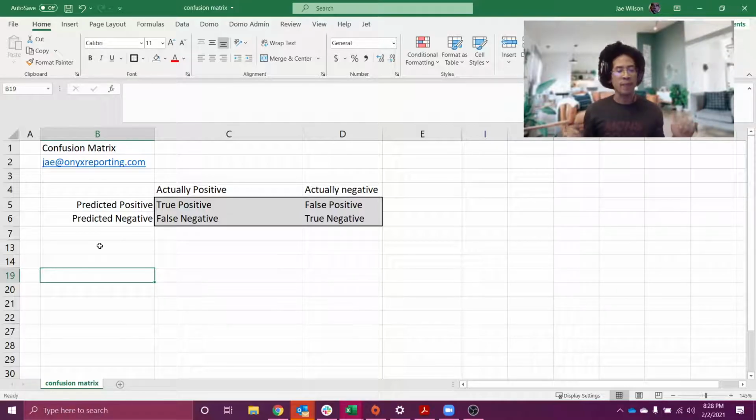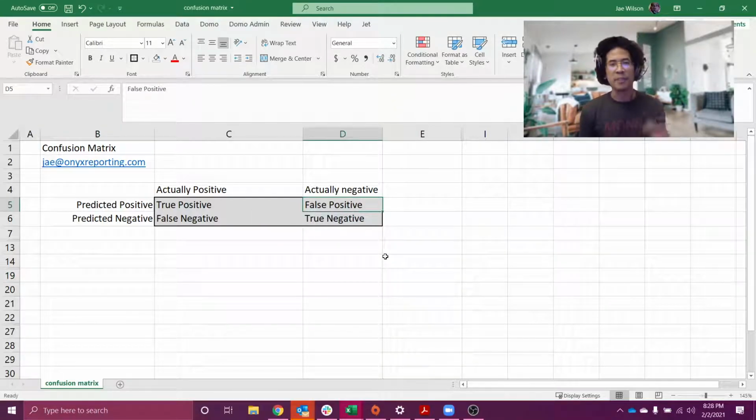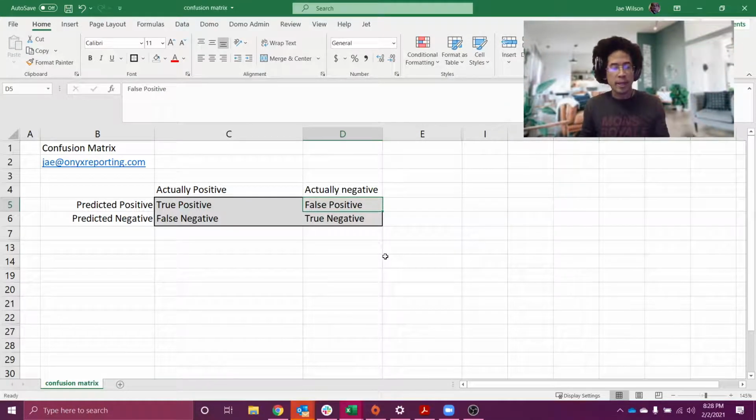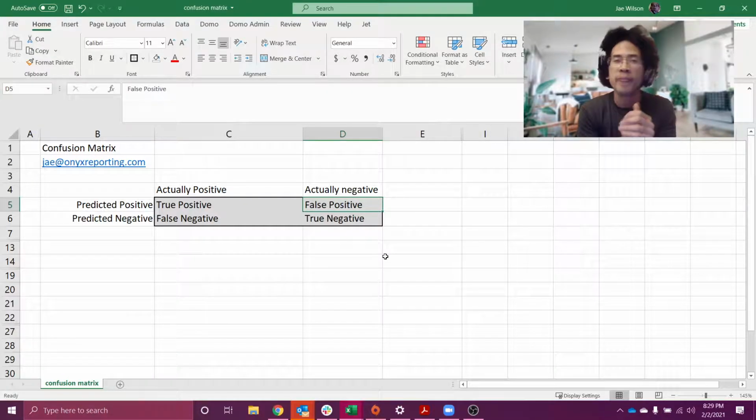So imagine, I've got my radar set up the way it's set up, and I have a false positive. I think that I have a squadron of bombers. So I scramble the jets. I get them gassed. I get them up in the air. I tell all the city people, hey, go to your bunkers because we're getting bombed. And then I turn to find out it's just a flock of seagulls.